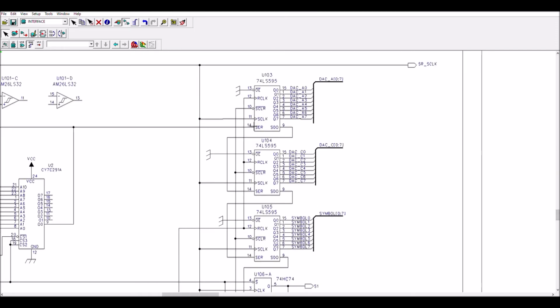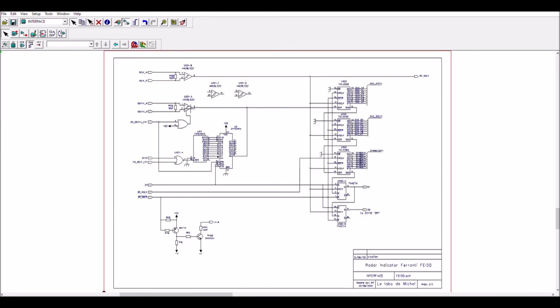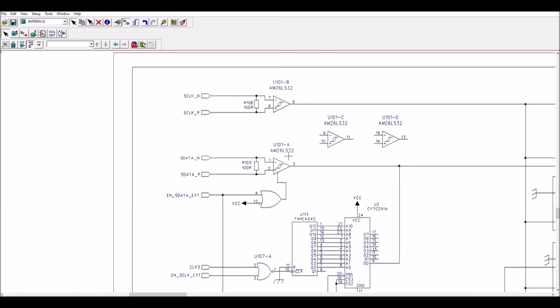Okay. So the clock and the serial data of this shift register come from a buffer here. There is one AM26LS32. At first look, I thought it was a logic gate because I see only LS32, but actually it's a differential buffer. So we have one differential line here for the clock and one differential line here for the data, and the outputs, which are TTL level here, are connected to the shift register.